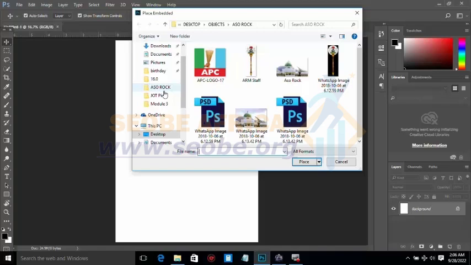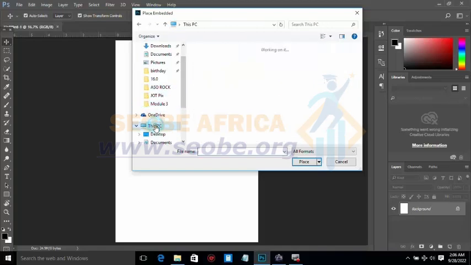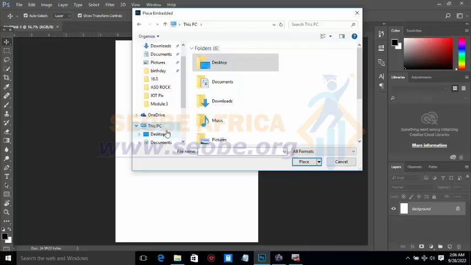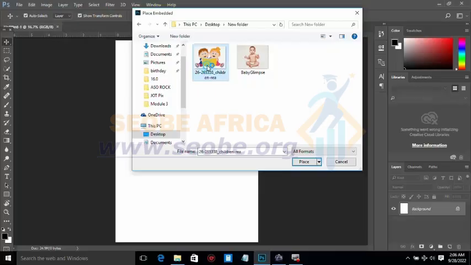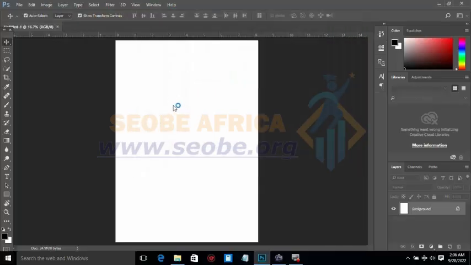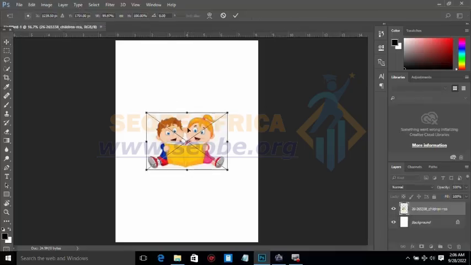Okay, you locate where your document is. My file is on desktop, so I'm going to be importing this. I'll click on Place. So here is my object. I hit enter on my keyboard, or I click on this check